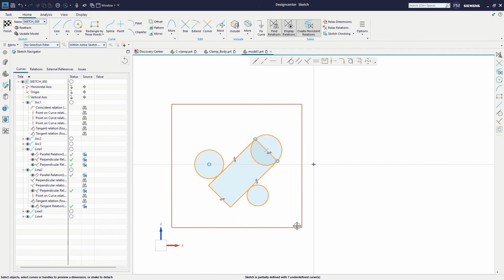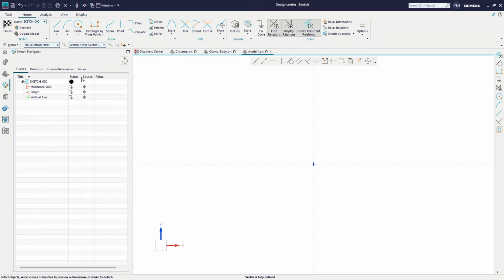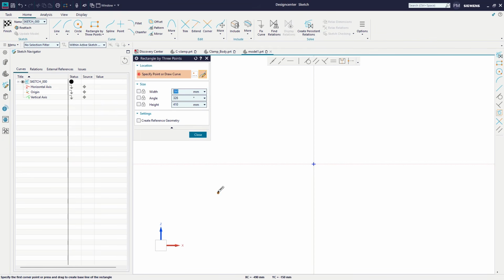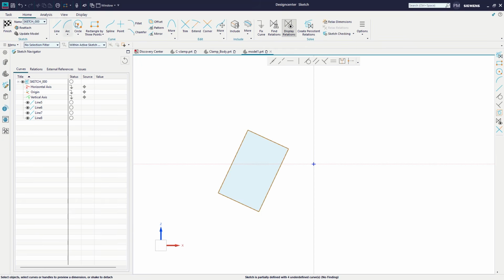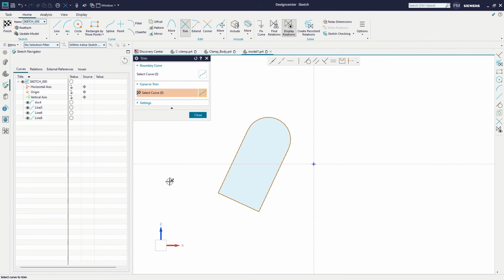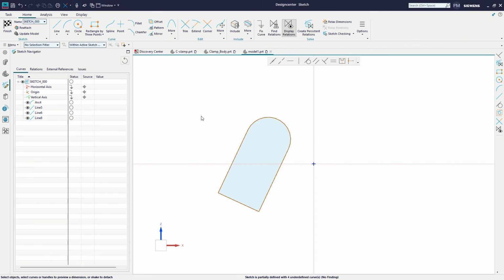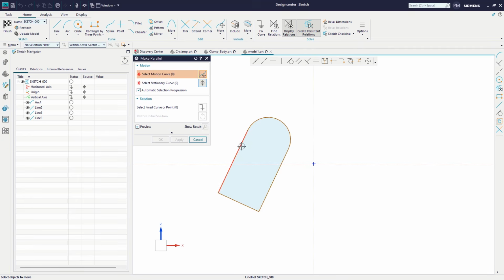Finally, let's build a sketch with the most explicit control. I'll create a rectangle and a circle with no relations. I'll trim the geometry to 4 curves, then use Make Relations to add persistent relations directly. I've turned the persistent relations on here. I'll do a parallel between the sides, perpendicular to the bottom, and tangent between the arcs on the right and